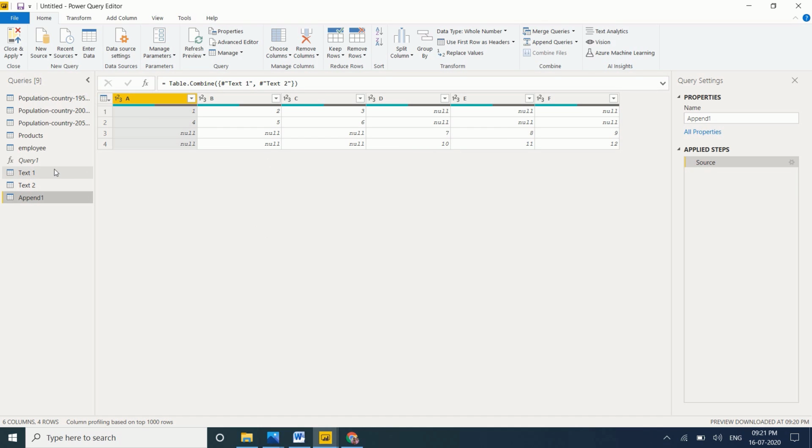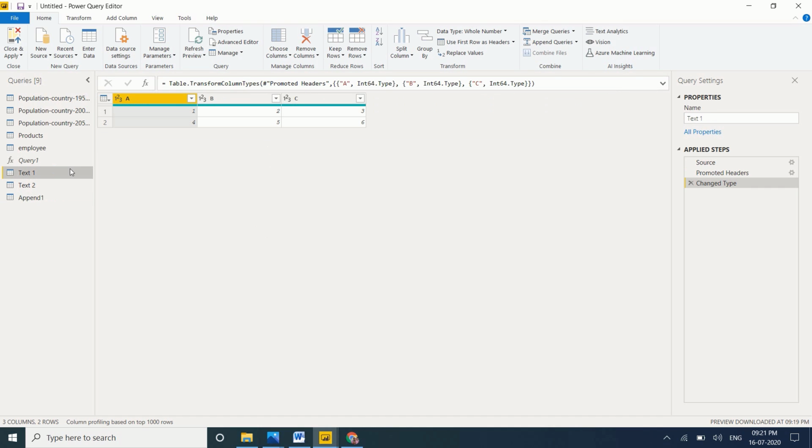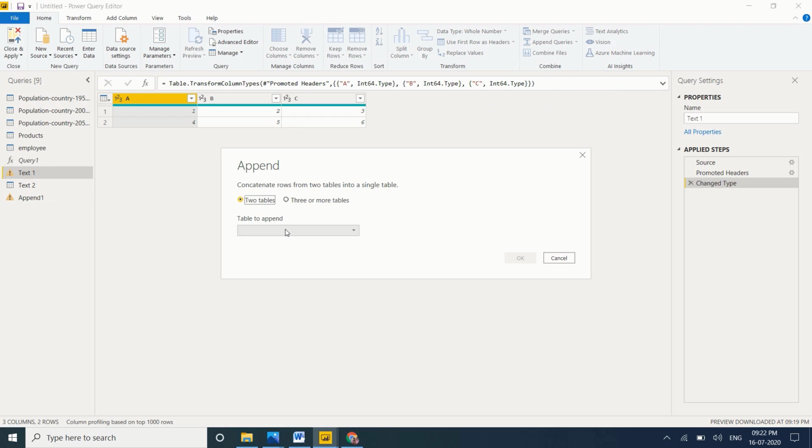If you want to append the table itself, I want to append this table once again. Then you need to go here, append queries. It will ask which table you want to append. I want to append the text 1 table only, so click on OK.